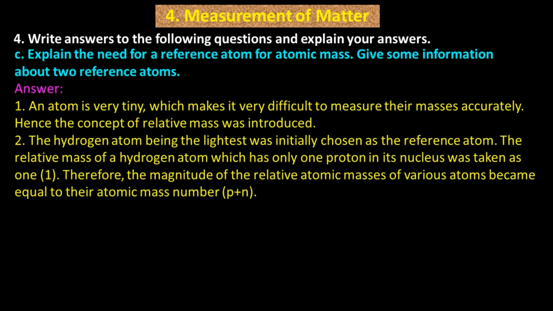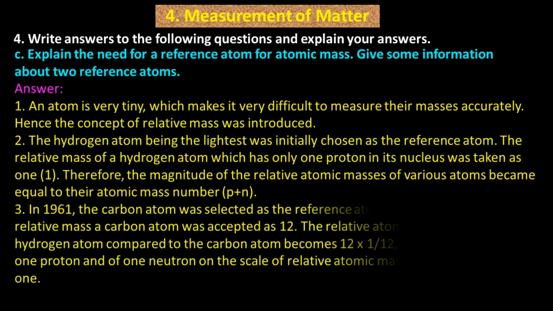The hydrogen atom, being the lightest, was initially chosen as the reference atom. The relative mass of hydrogen atom, which has only one proton in its nucleus, was taken as 1. Therefore, the magnitude of the relative atom masses of various atoms become equal to their atomic mass number, P plus